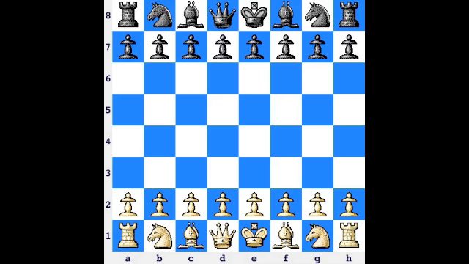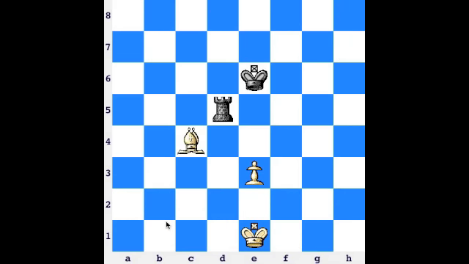So I'm just going to show one more position because this is pretty important. Okay, in this position, this is an example of pin and win. To win this game, I'll just tell you this first, okay? I'll tell you this position is a tie. White is up a pawn, but the way it works out is that white can't promote it because white is not set up right to promote that pawn. But I will tell you that because of this pin, there is a way to win this game, and it's